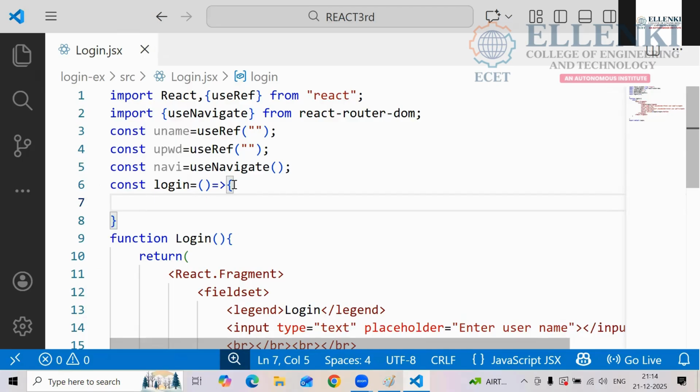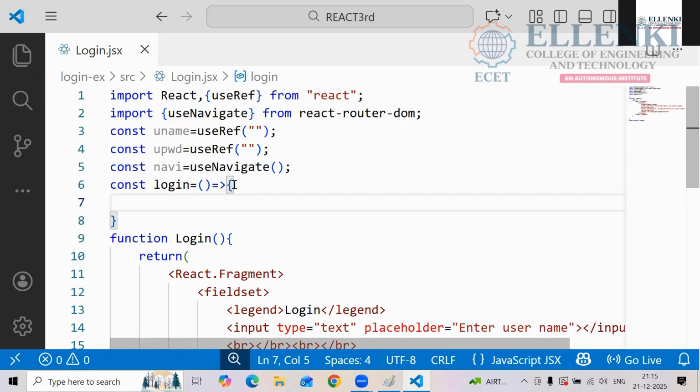How many members remembered conditional rendering? A greater than B, question mark, A colon B. If A greater than B is correct, it gives the output as A, and otherwise it gives B. Here also we are doing the same thing. Login credentials successful, dashboard page. Login credentials wrong, error page. Conditional rendering only, yes or no? So write that code here. How are we going to write it here?